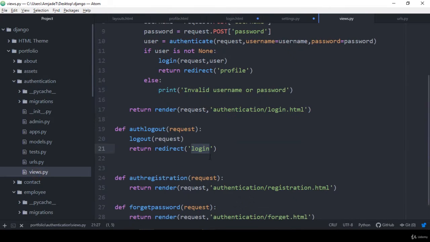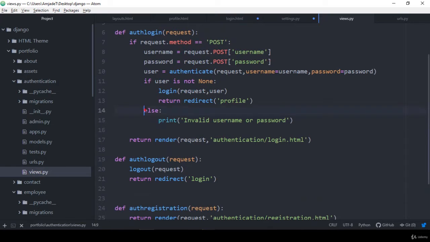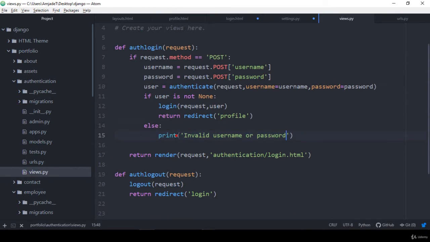In the authentication, if you go to that view, in the view area, before, here you can see I just put an else, that is a pin. That means it will be visible when an inappropriate username and password are entered. When you put that inappropriate username and password, then it will display a message as invalid username and password, right? So I want to actually display this message with some validation.